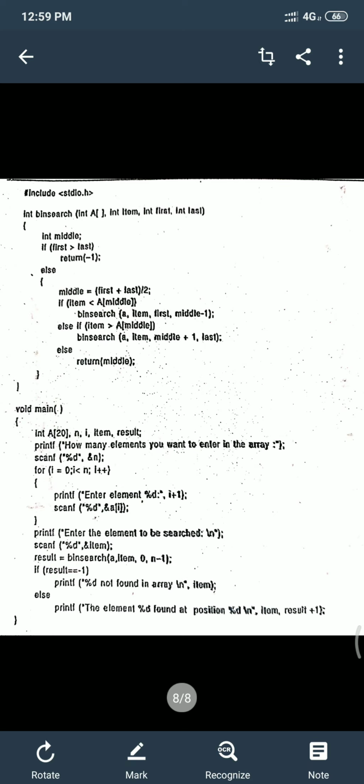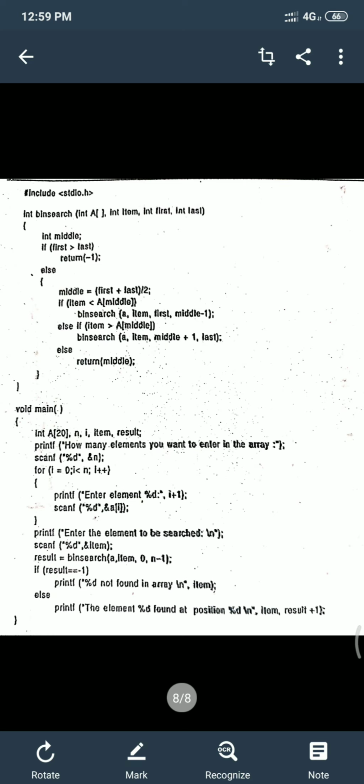These are the parameters the binary search function has, and a local variable I have declared as int middle. Now the condition: if first is greater than last, return -1, that is, it states the element is not found in the array, or else middle is equal to first plus last whole divided by 2.